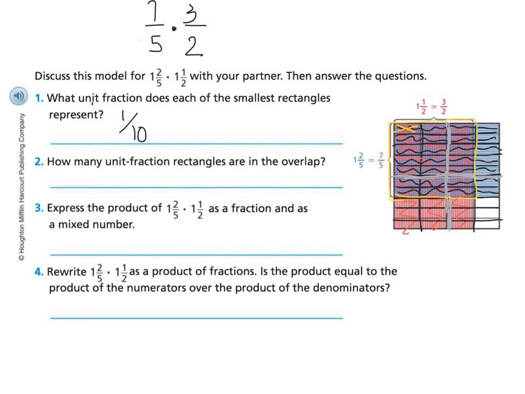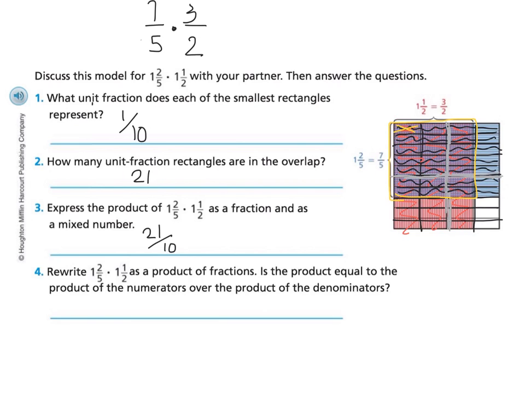So how many unit fraction rectangles are in the overlap? So we're looking at our yellow box here. How many of these do we have in our yellow box? Well, 1, 2, 3 times 1, 2, 3, 4, 5, 6, 7. So I'm seeing that we should have 21 rectangles. So if we had to express the product of 1 2/5 times 1.5 as a fraction and a mixed number, we would have 21